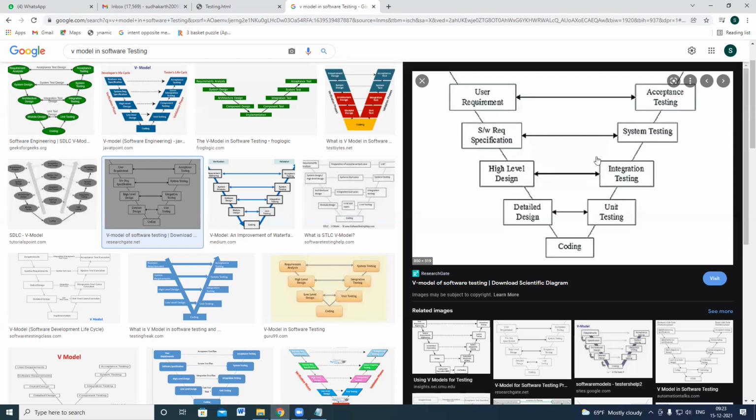So for each and every activity, the parallel activity can be ensured in the V model. In the V model and Agile model, testing will be started from the requirement phase itself. It's not like that it starts after coding, because all the activities are performed from the starting point onwards. That's it on the V model.